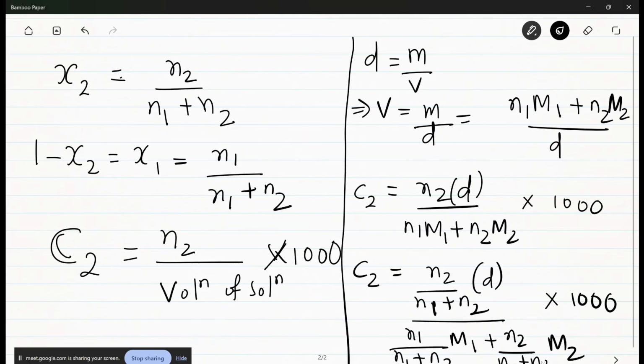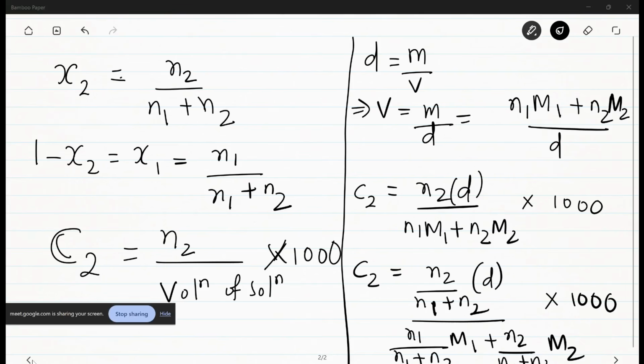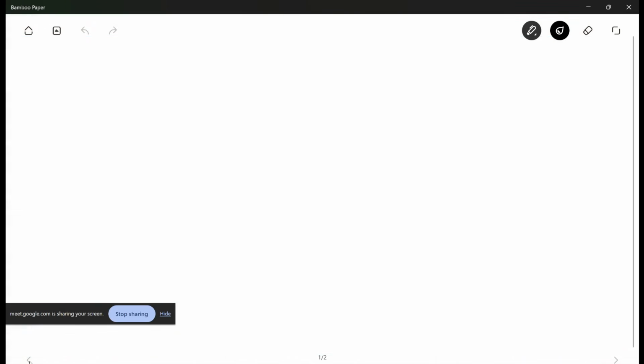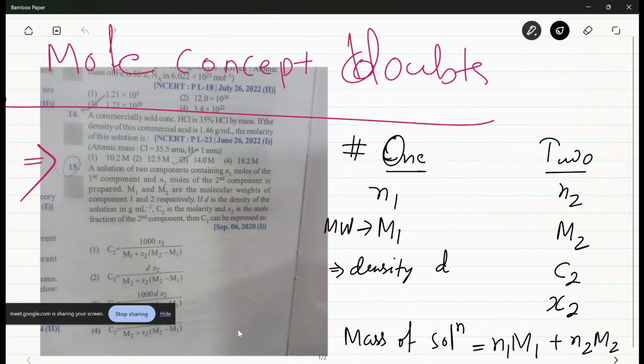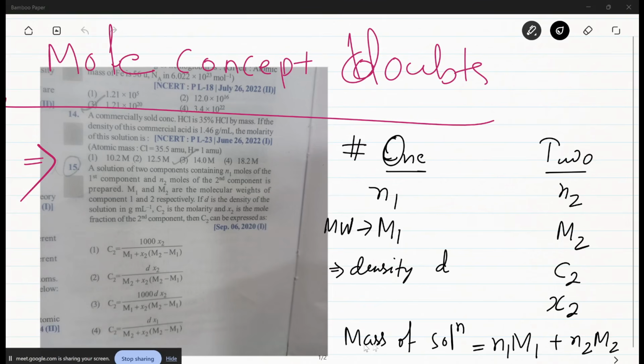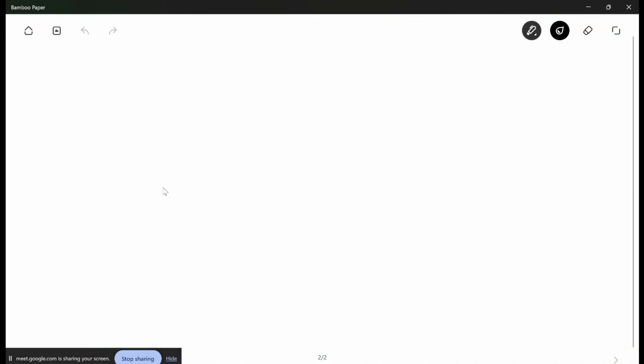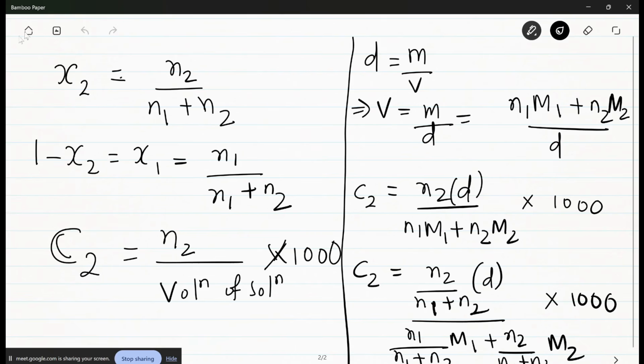Okay. So already you want to look at this point, what is happening, what is going on. So next, this question is a good one actually, a lengthy one. First we start with all the information, what is C2, and then we derive. After completing the first few lines, we reached mole fraction x2 is equal to n2 by n1 plus n2, x1 is equal to n1 by n1 plus n2, molarity is equal to n2 by volume